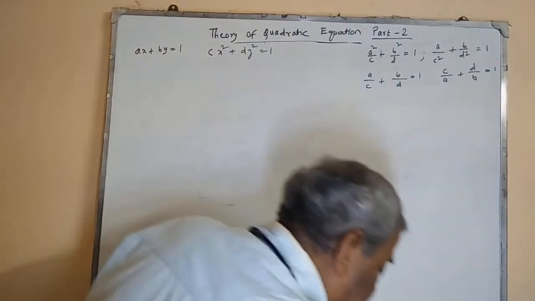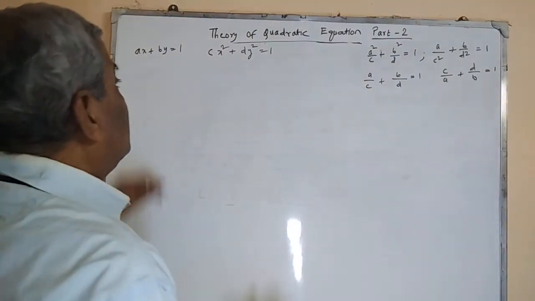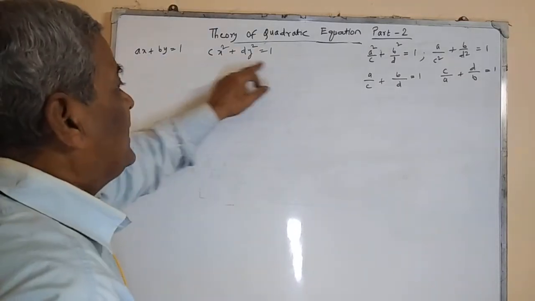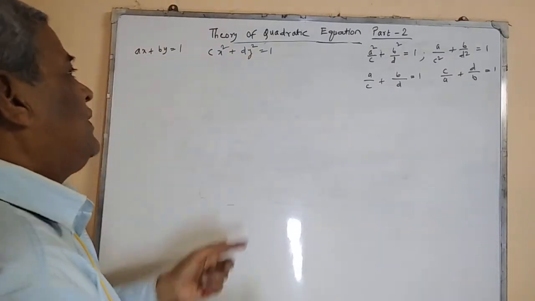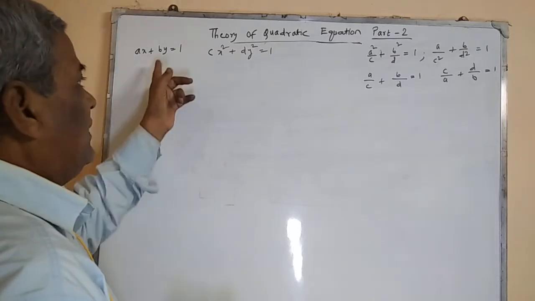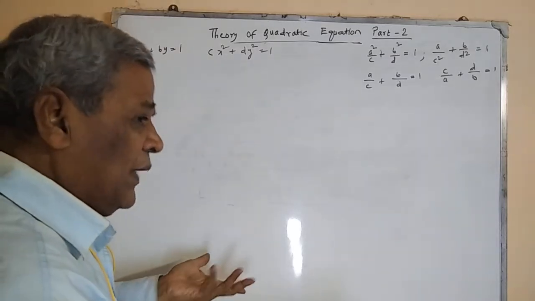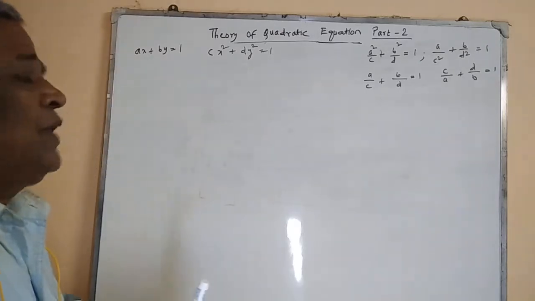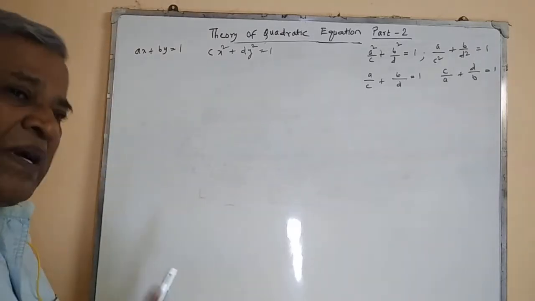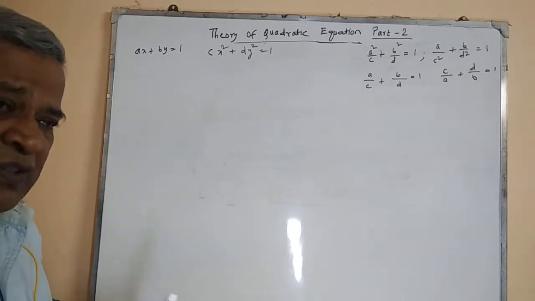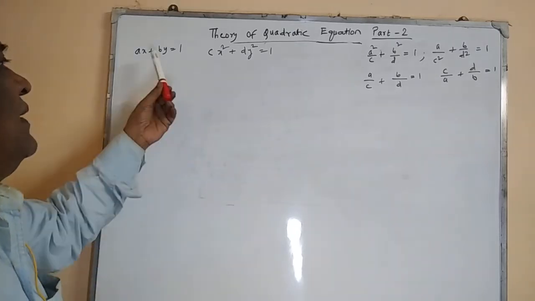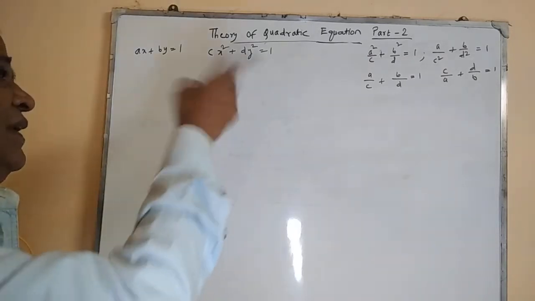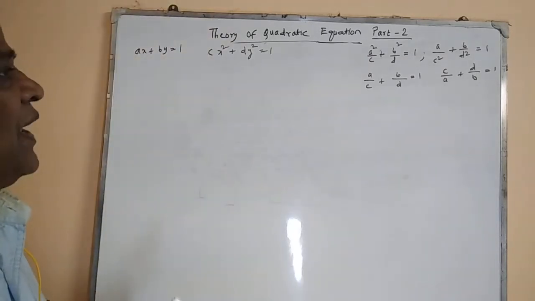Now, what is the problem? Let us see. This is one equation, this is another equation. This is a quadratic equation. Eliminating either y or x, we will get a quadratic equation in one variable. So it must have two sets, two solutions. But given that they have only one set of solution, which one is true?